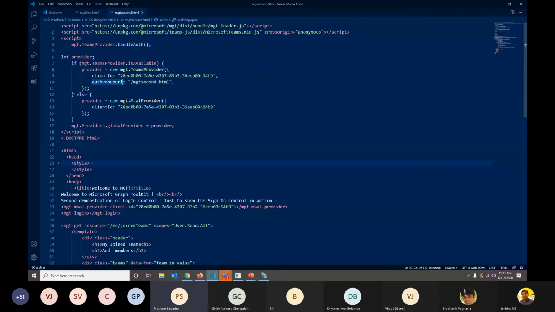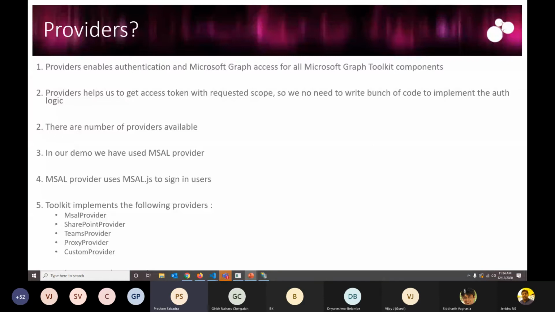So there is a Teams provider, and there is a proxy provider. When we use those behind the scenes, for background jobs or daemons, that kind of application, we could use the proxy provider. Then we could implement a custom provider as well. I guess it derives from IProvider or something, a class available which we need to derive from. We need to implement the methods for our custom provider to provide the authentication mechanism and to get access to the Graph APIs.